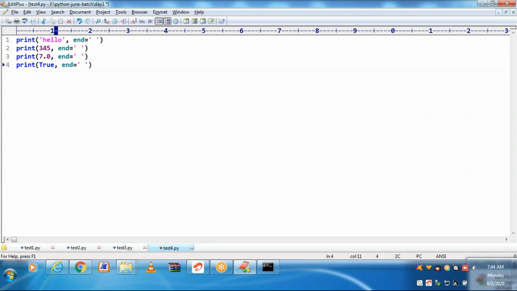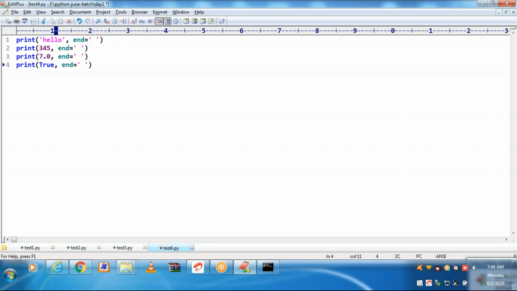You can see end is equal to one space. You are telling that after printing hello, stay in the same line to print the next output 3, 4, 5. After printing 3, 4, 5, stay in the same line to print another value 7.0.